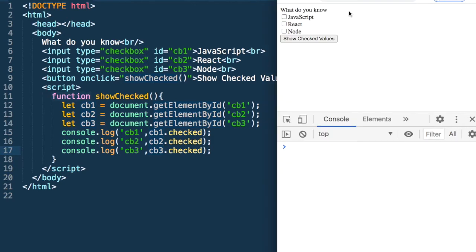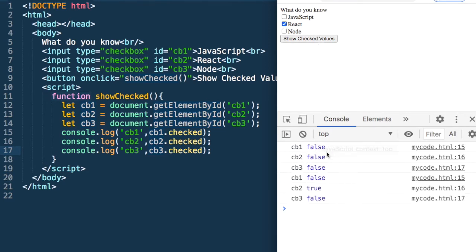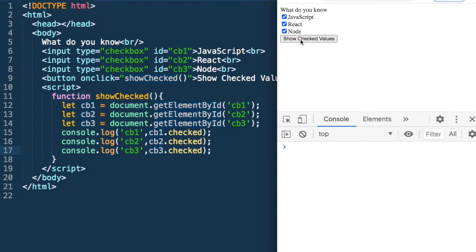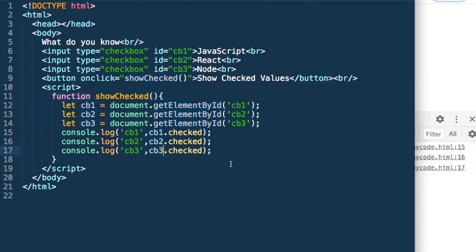Let's run it. Right now none are checked, so we get false for CB1, CB2, CB3. Let me check React. So we get CB2 is true, so React has been checked. If I check all 3, and let me clear the console, we can see all the 3 are checked. So given their IDs, using the checked flag, we can get the status whether they are checked or not.